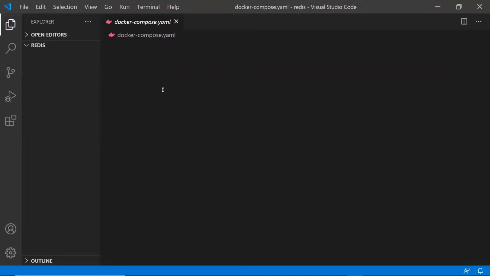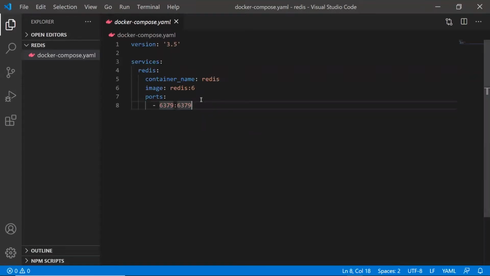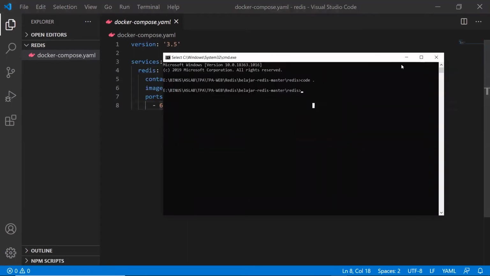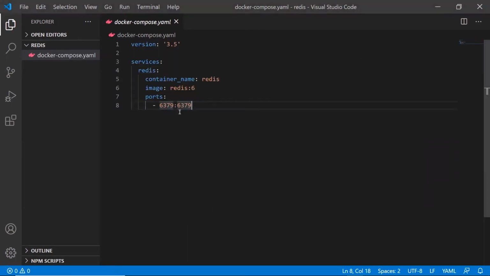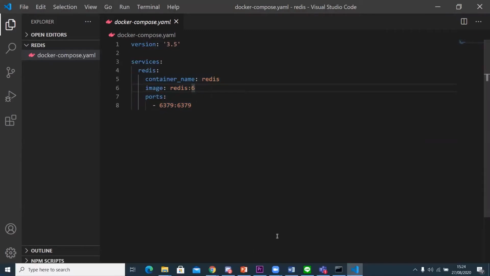Right here, we got this Docker setting. When we add this file to the Docker application, it will get this setting and automatically add it to our Docker. So we only need to add this Redis setting to our Docker.